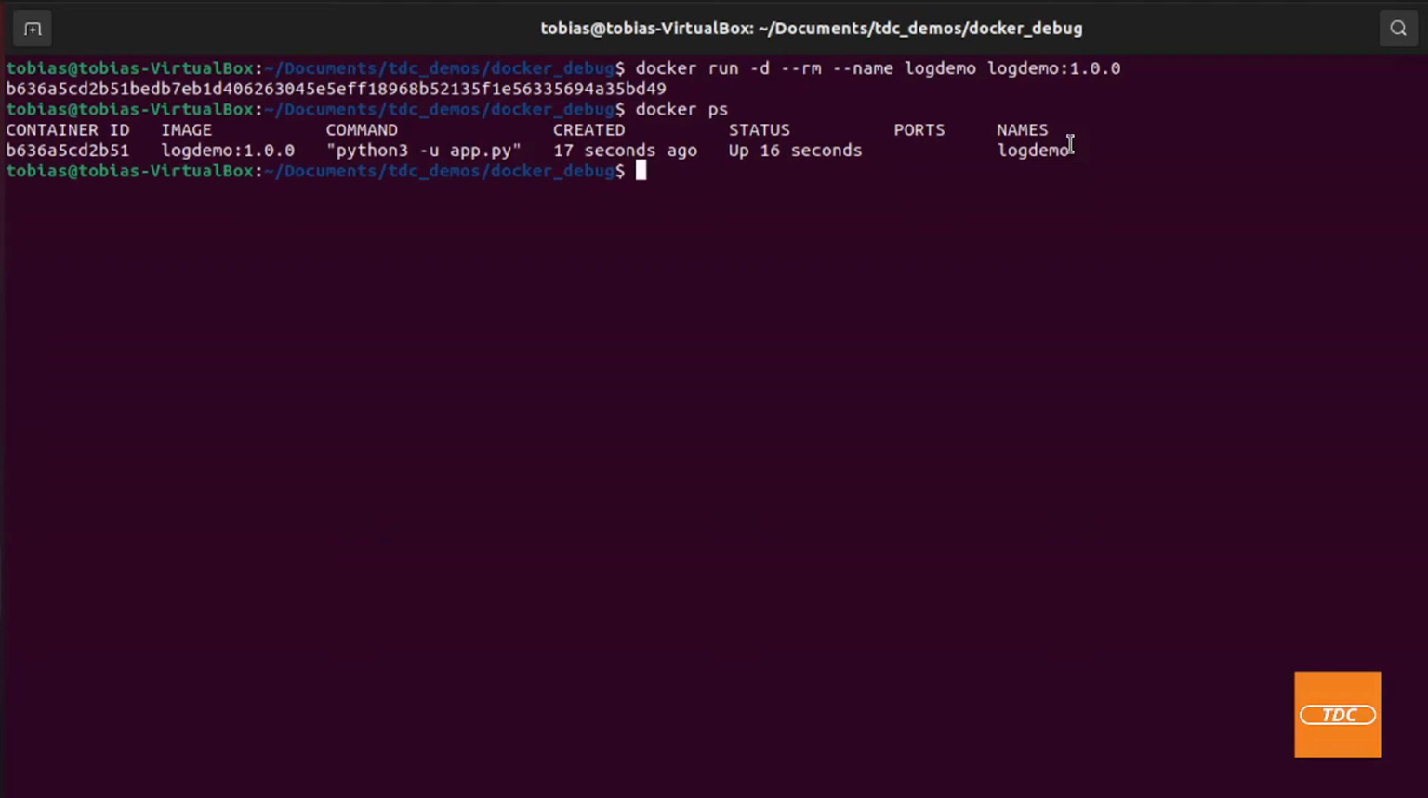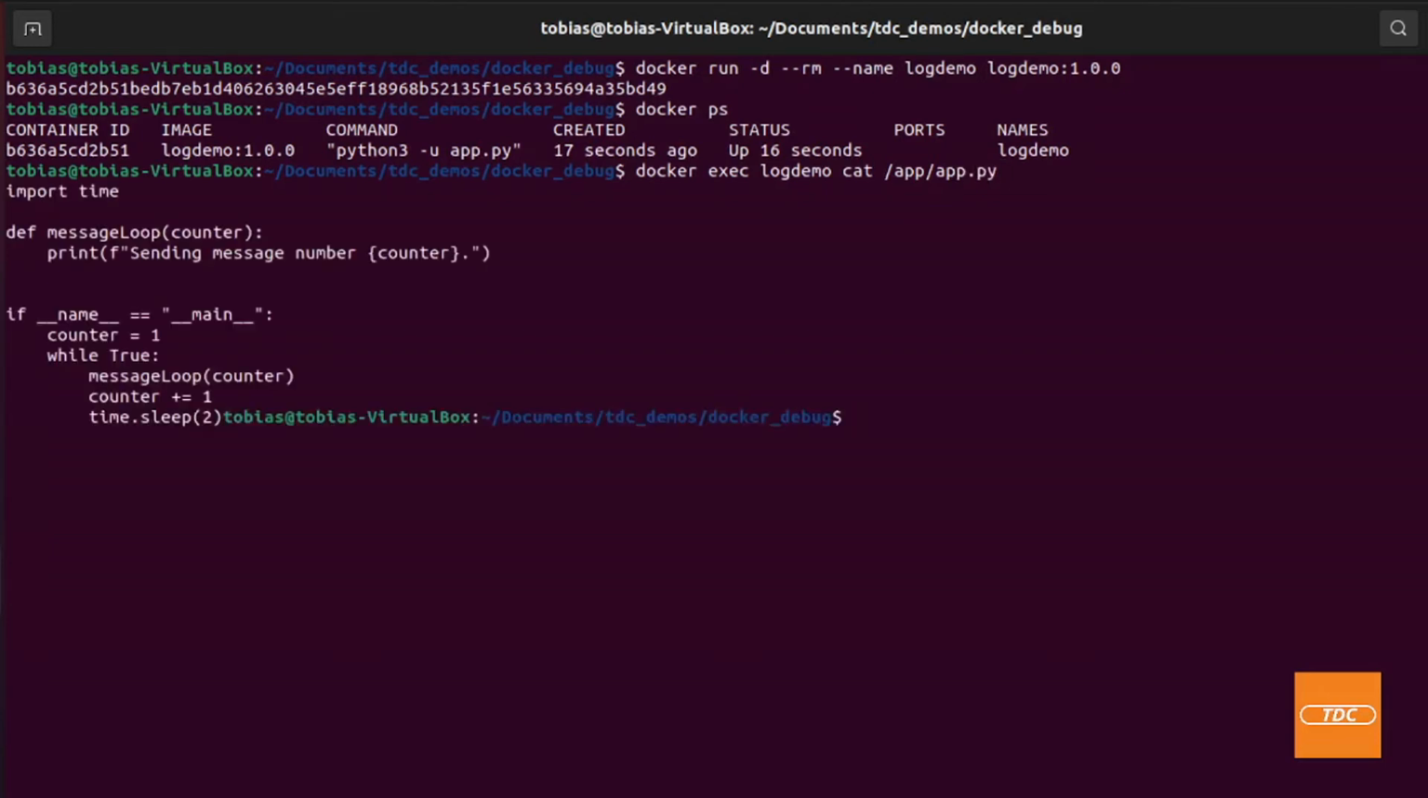So I know it's app.py, so I can do a docker exec. I give it then either the container ID or the name again. So I do a log demo, and then I just say cat app.py. And there is my script that has currently been executing, and I can take a look at the script and